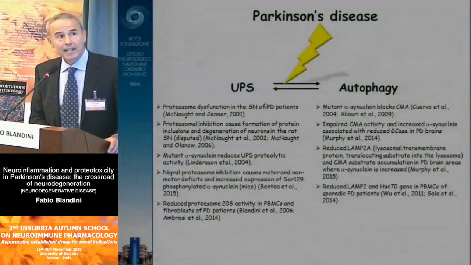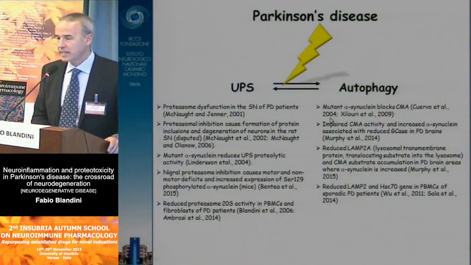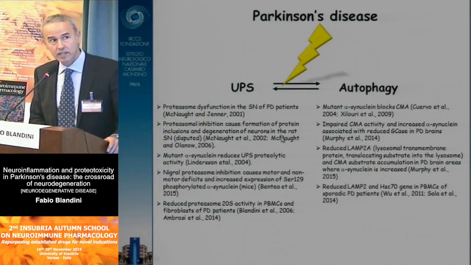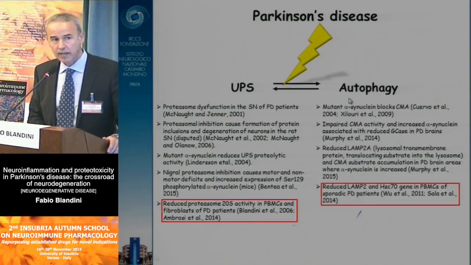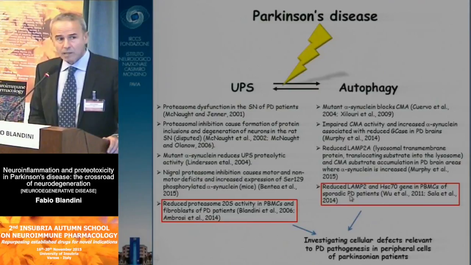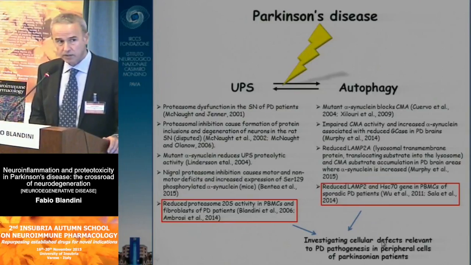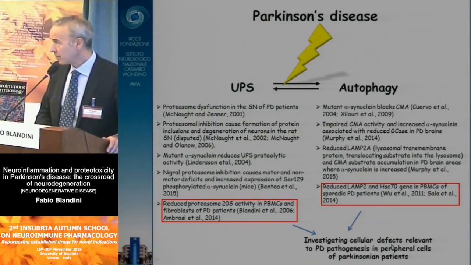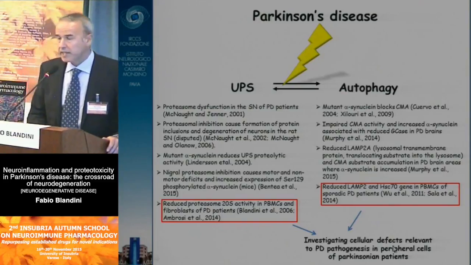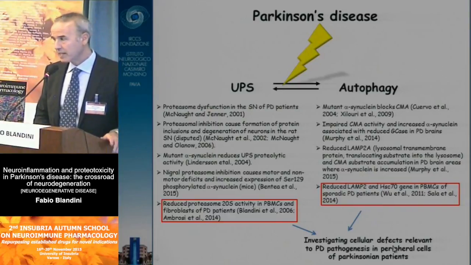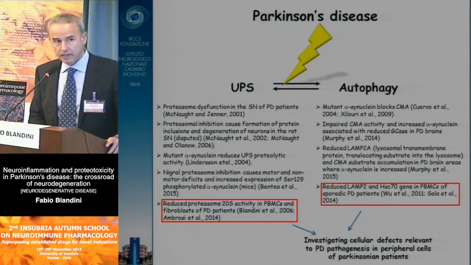These two systems have been shown to be implicated in Parkinson's disease. There are a number of studies, in vitro or in vivo, also in patients, showing that the UPS and autophagy machinery can be defective in Parkinsonian patients. One aspect that we are quite interested in is the investigation of these systems at the cellular level in peripheral cells of Parkinsonian patients,